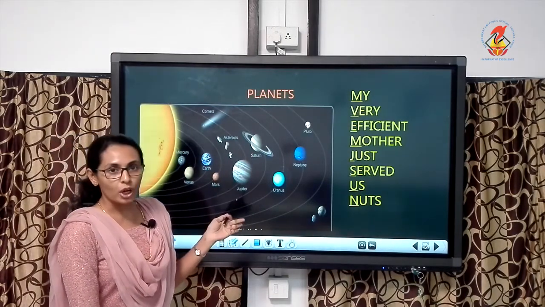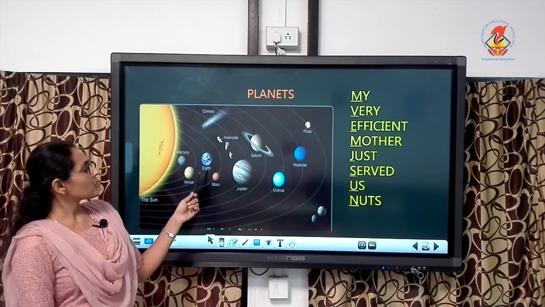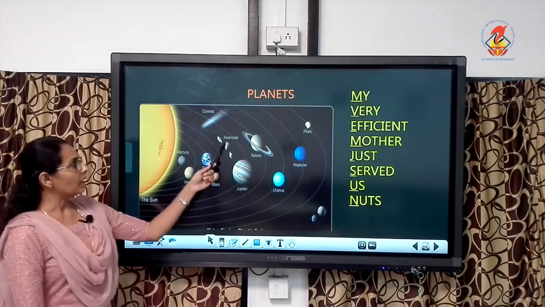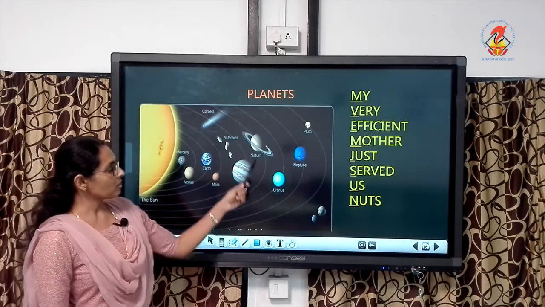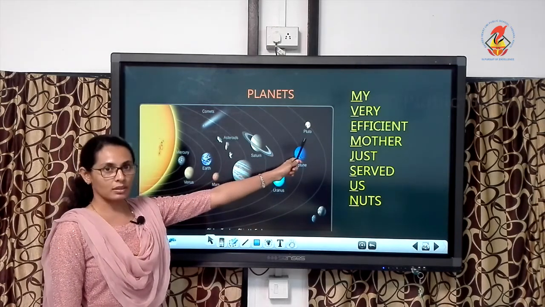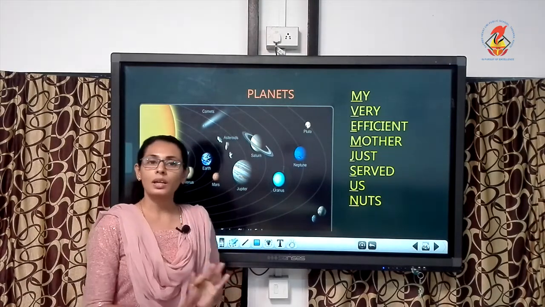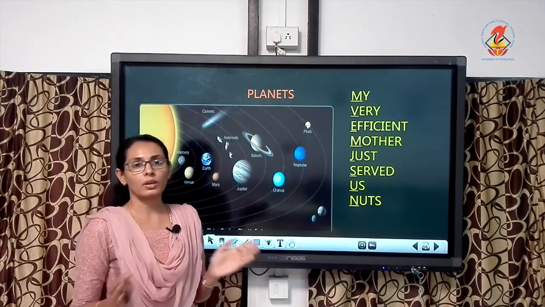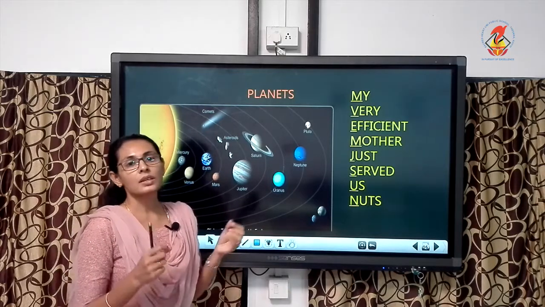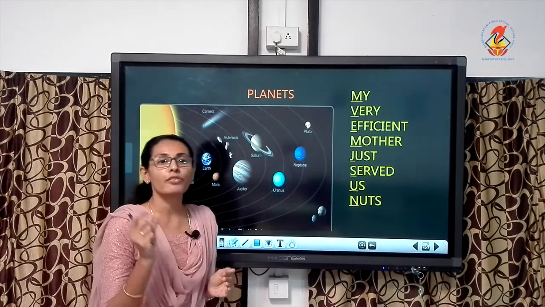Which all planets are there? Look at the names of these planets. Mercury, Venus, Earth, Mars, asteroids, then Jupiter, Saturn, Uranus, Neptune. Clear? But Pluto is here. In 2006, some astronomers found out that Pluto is not a planet. So now Pluto is not considered as a planet. It is simply known as dwarf planet. It's not a planet, so we can call it a dwarf planet.